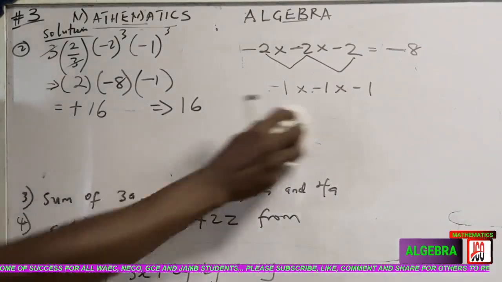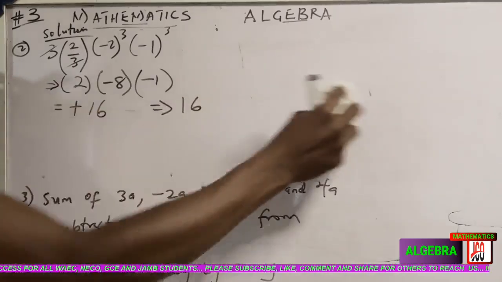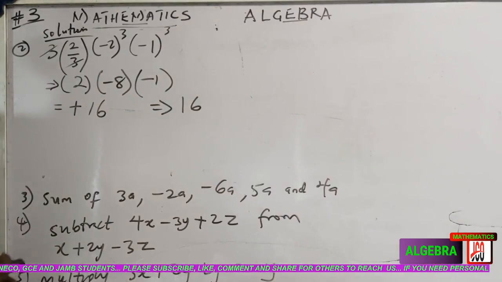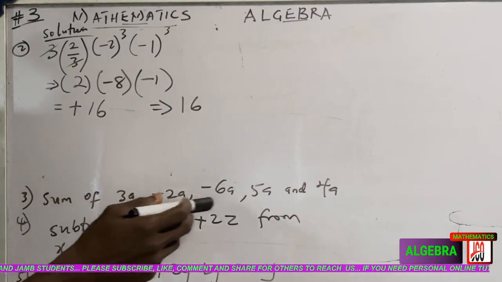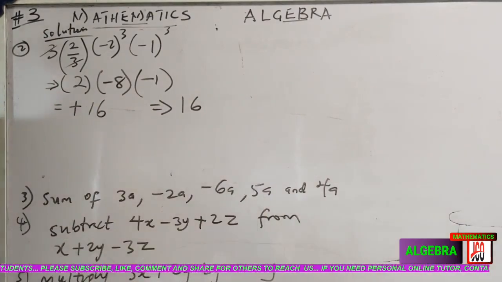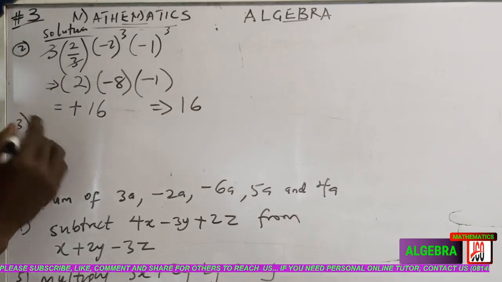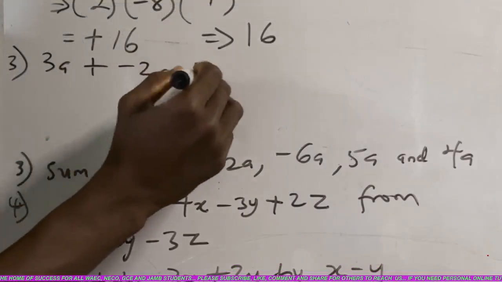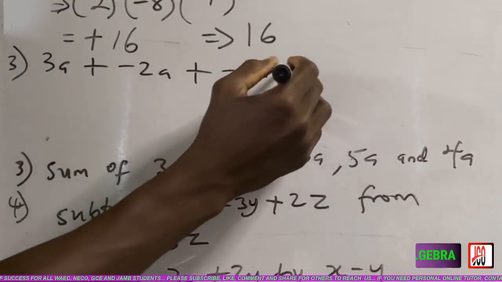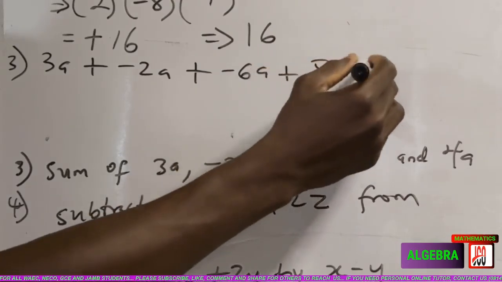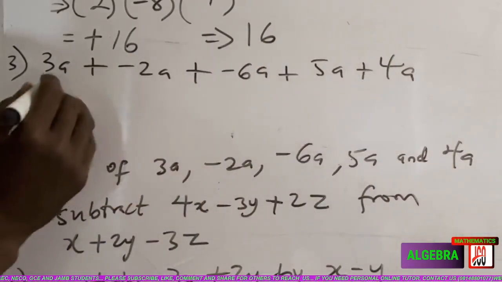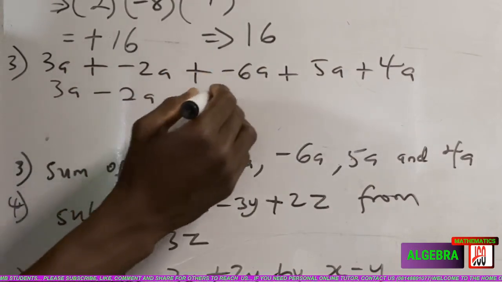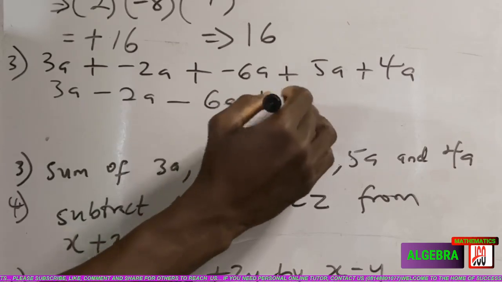Check it. I want to believe you got it because I believe you are good students following on. Question 3. Find the sum of this, and this. They are all like terms. So if I'm going to look for the sum, it's going to be 3a plus minus 2a plus minus 6a plus 5a plus 4a. 3a plus and minus is minus, 2a plus and minus is minus 6a, then plus 5a